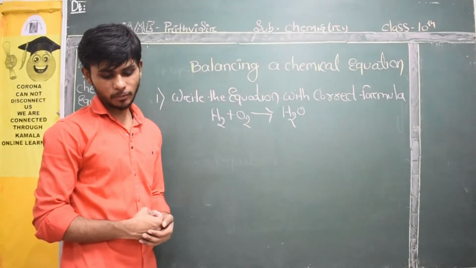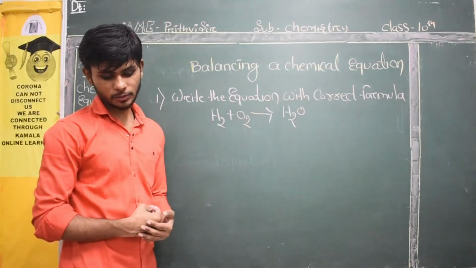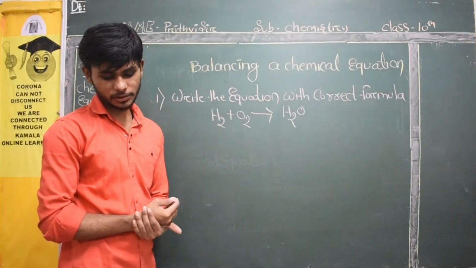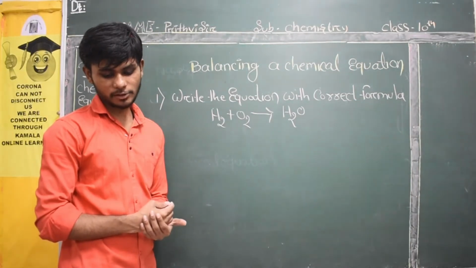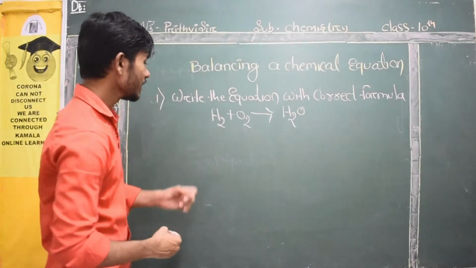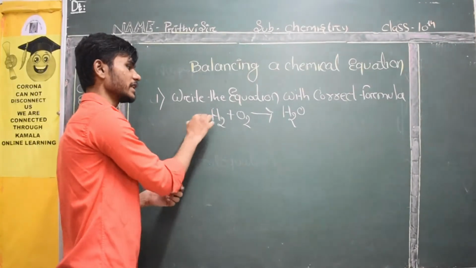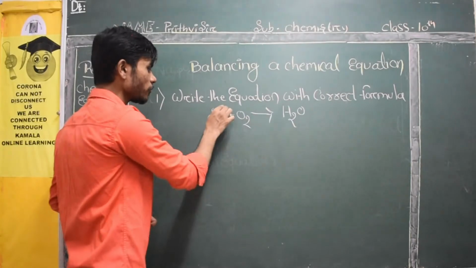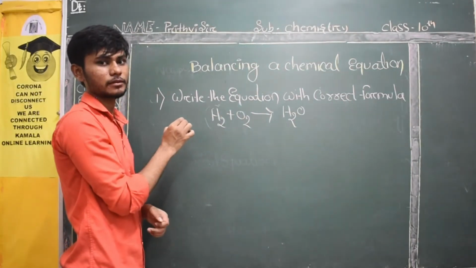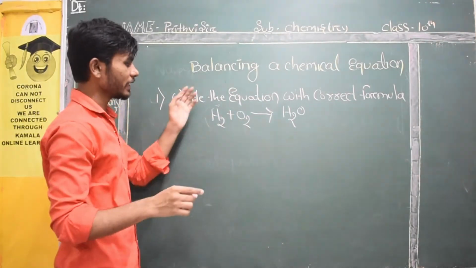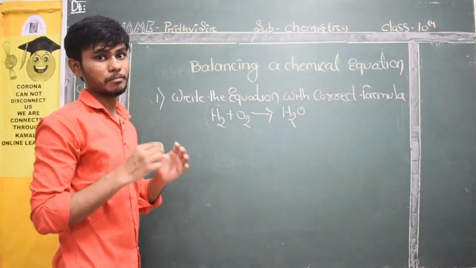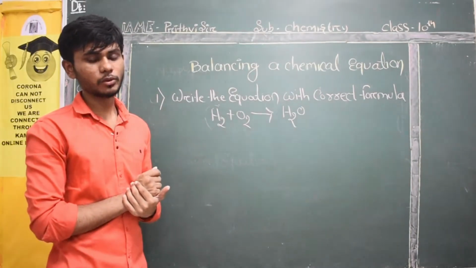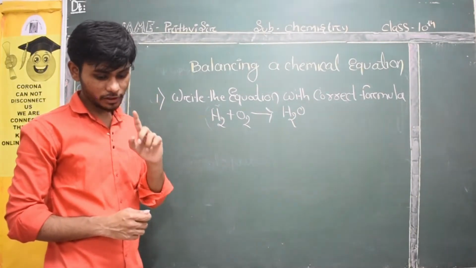Next, after writing the molecular formulas, the equation is to be balanced. For this, we should not touch the ratio of the atoms in the molecules of substances, but we may assign a suitable number as coefficient before the formula. Here you should not change anything. You can apply coefficients, meaning you can multiply by 2 over here. But this format should not be changed. This is one hydrogen molecule. You can make it 2, or you can make it 4. But you should not make it half like H. You can never do that.